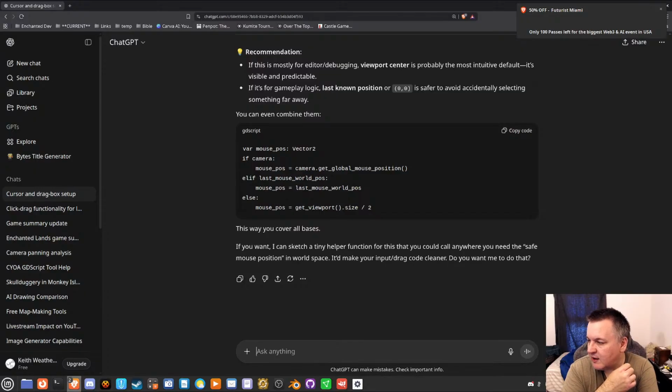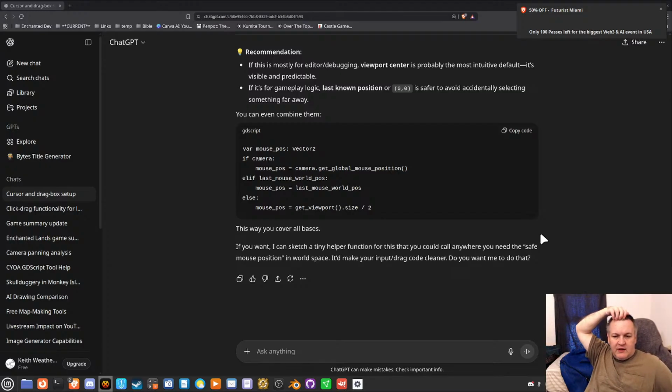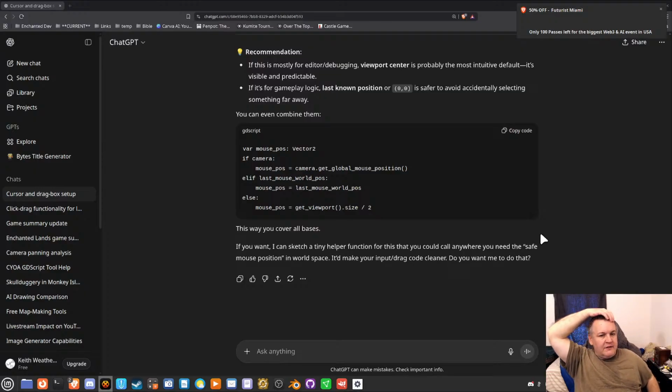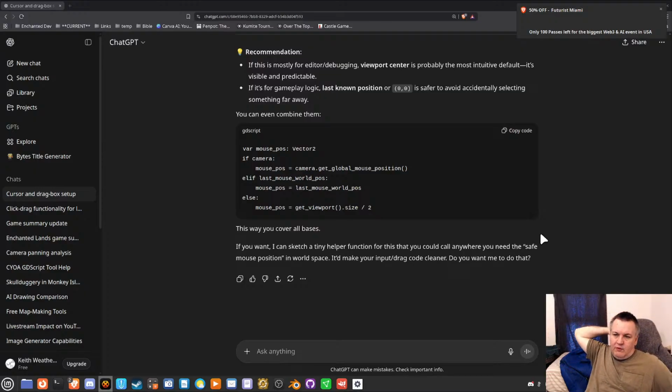I can actually write a, I don't know if I still have it. I might delete it, but get mouse position essentially. So get mouse position will get a world position, but I can have it return the global last mouse world position. I could do that just in case there's anything weird happening.